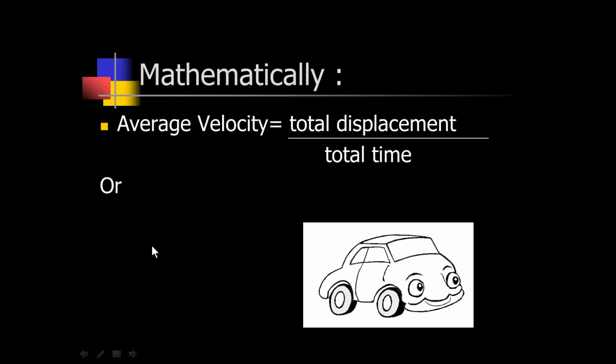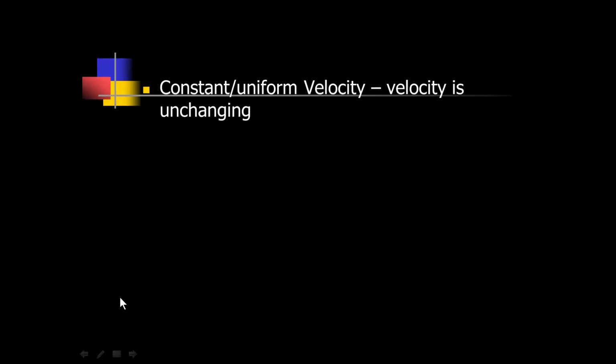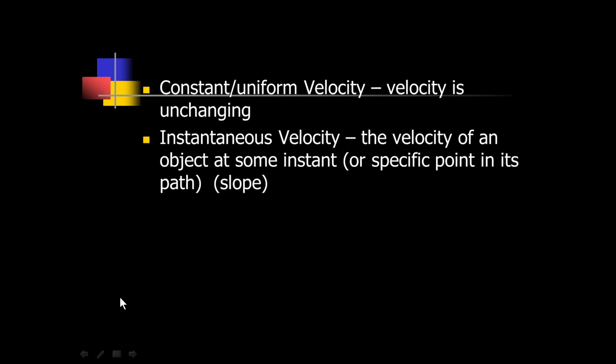And if you're talking about average velocity, that will be equal to total displacement divided by total time. This is the symbol of average, the symbol of average velocity. What about constant or uniform velocity? If velocity is not changing with the passage of time, we will say that it is constant or uniform velocity. And instantaneous velocity is the velocity of an object at some instant or specific point in its path,